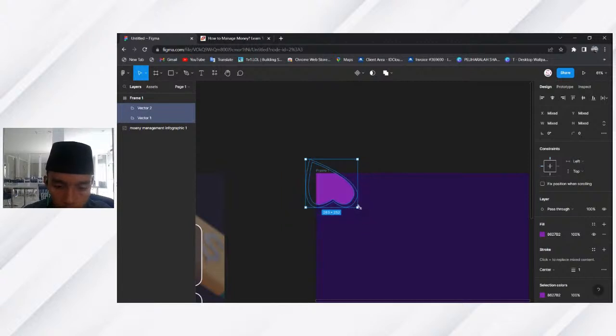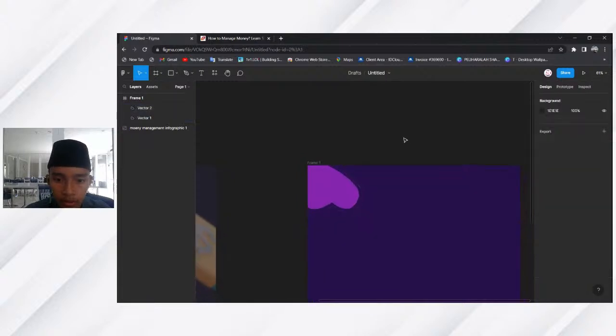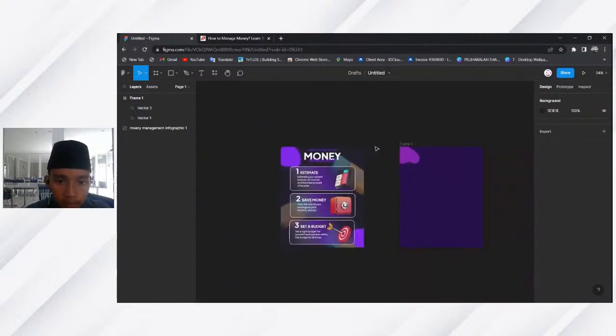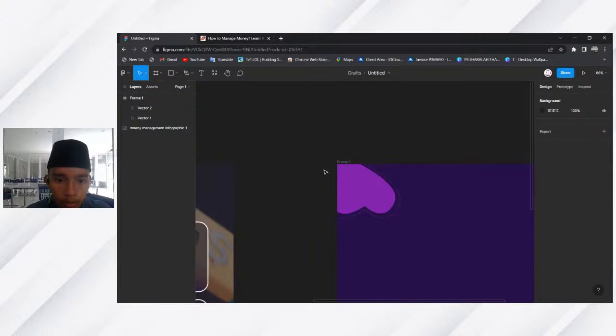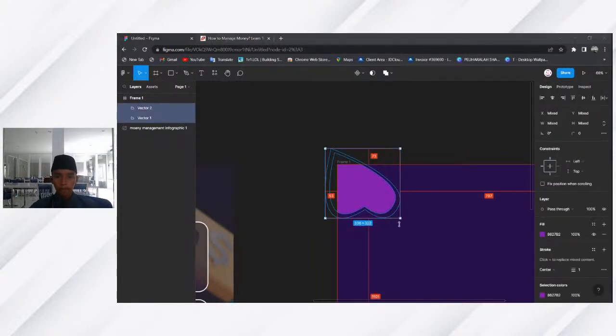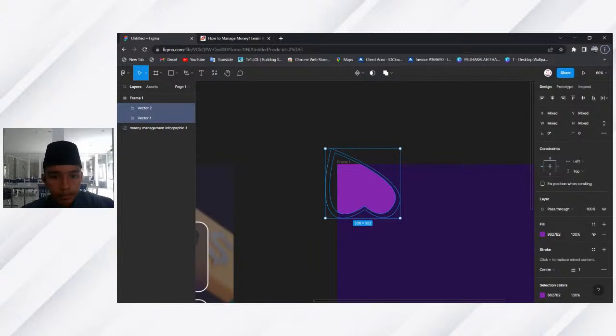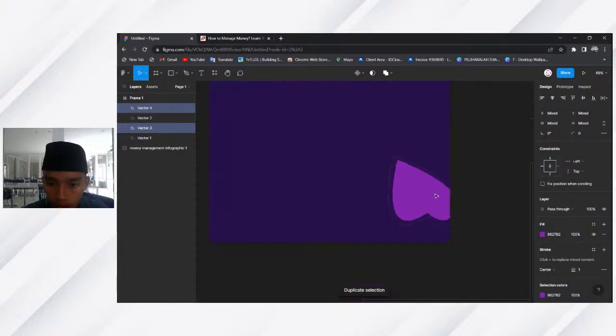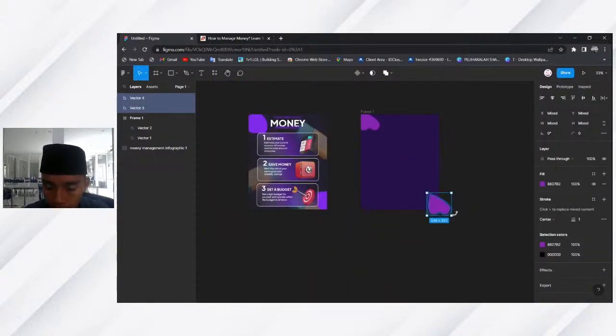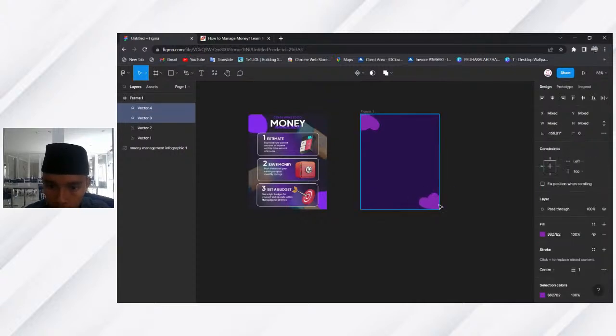And if you want to, you can make the size a little bit bigger or maybe a little bit smaller. So here we're going to do the small details first, and then we're going to do the big parts. Okay. And now duplicate this again. Now select both of the vectors that you just made and duplicate them using Control D, and then put it down here and rotate it like this, and put it inside the frame.